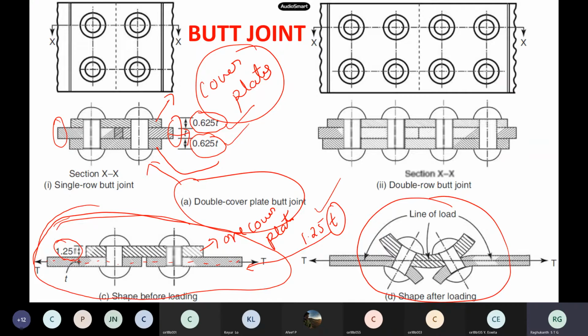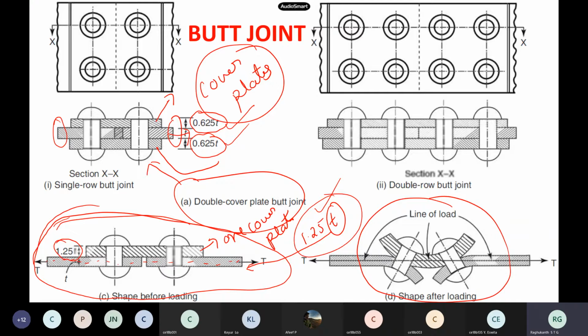So these guidelines have also come up from some types of failures, like local buckling if the plates are too thin, and then you may have some other issues. If they are too huge, then it may be uneconomical. So based on this, the code clearly specifies these thicknesses also. Okay, some guidelines have been provided.